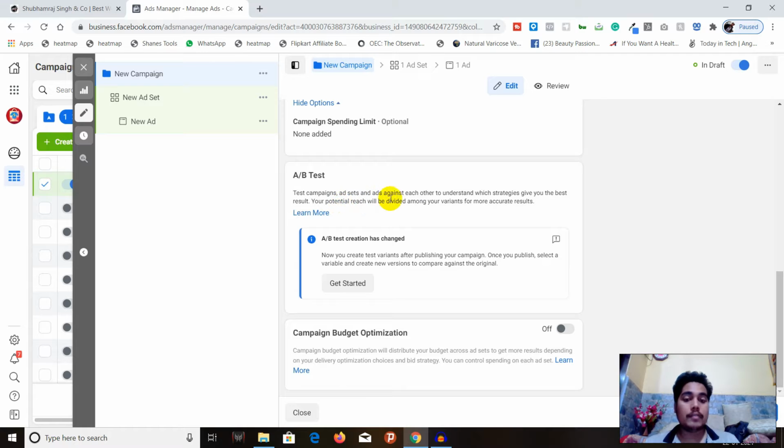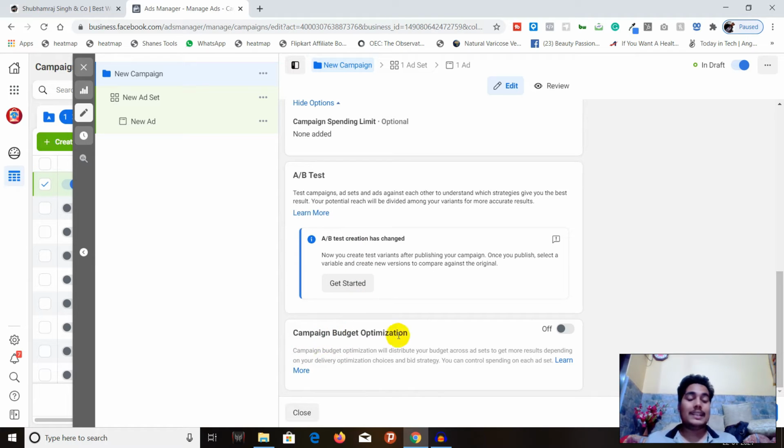Your potential reach will be divided among your variants for more accurate results. You can do A/B testing, but we have a better option than A/B testing. A/B testing is nothing much: you test 10 different ad sets and see which one is working and which one is not working.